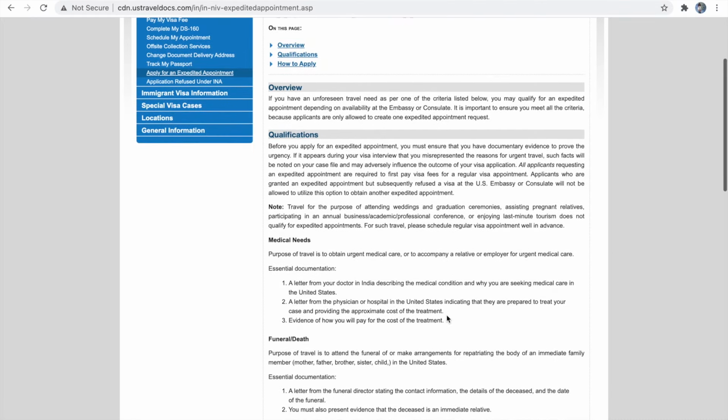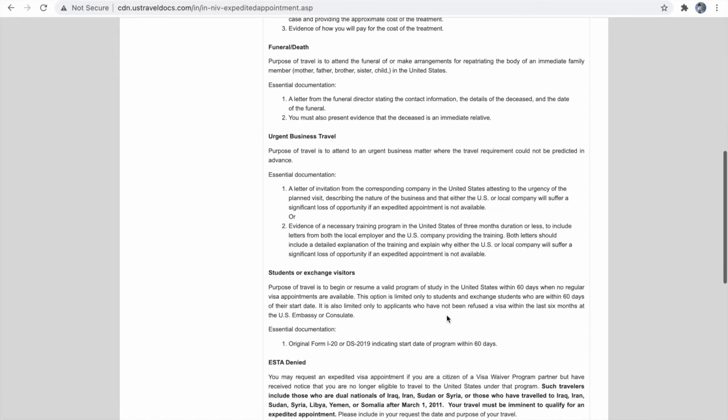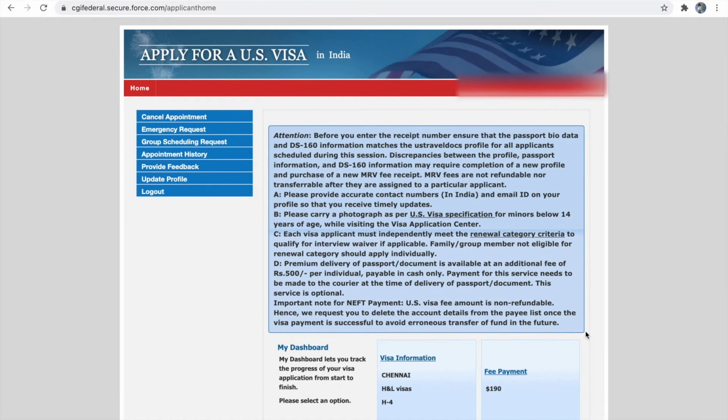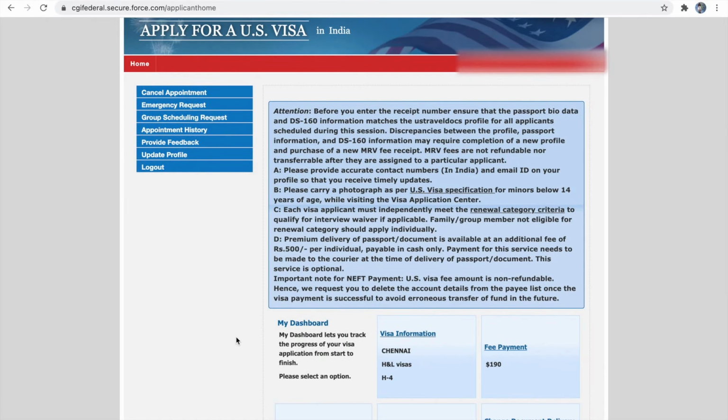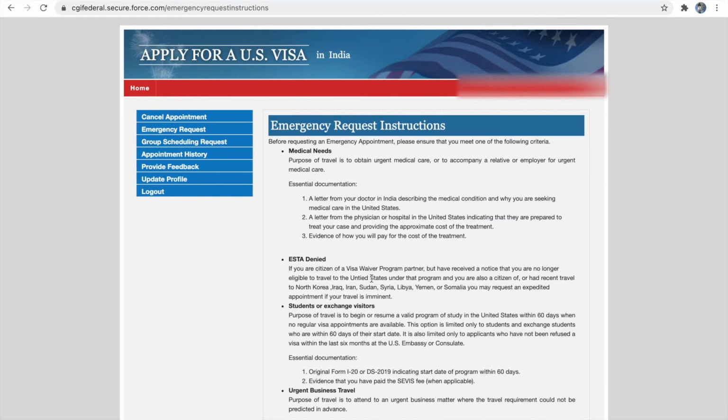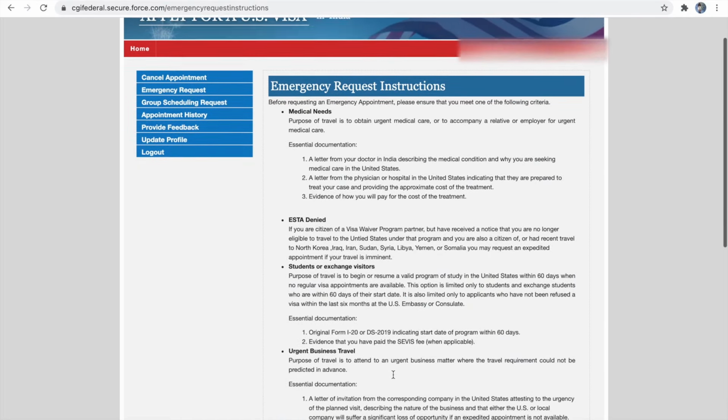At first you have to log in to your CGA account. So now I have logged in to my CGA account. To request an emergency visa appointment, you should already have a normal visa appointment scheduled for yourself by making your fee payment and selecting your consulate. Once you have done that, you will see emergency request in the left hand side menu. Once you click the emergency request, you will get to know the categories